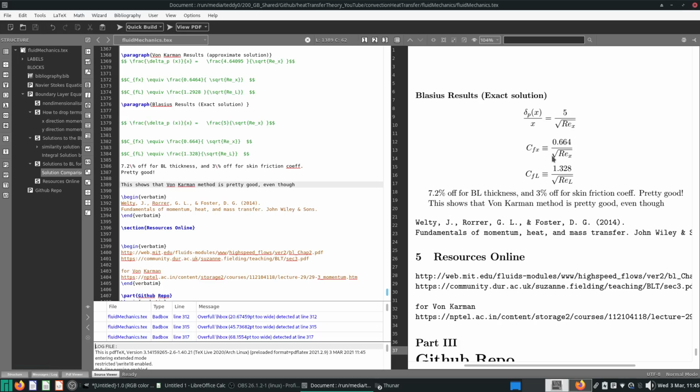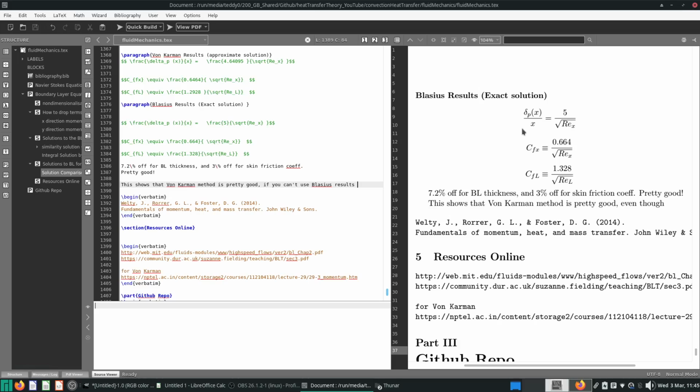But this comparison of von Karman to Blasius results, which are exact or analytical solution, so to speak, shows that the von Karman method is pretty good. These approximations are pretty good. If you can't use Blasius results, because Blasius results only apply for the flat plate,